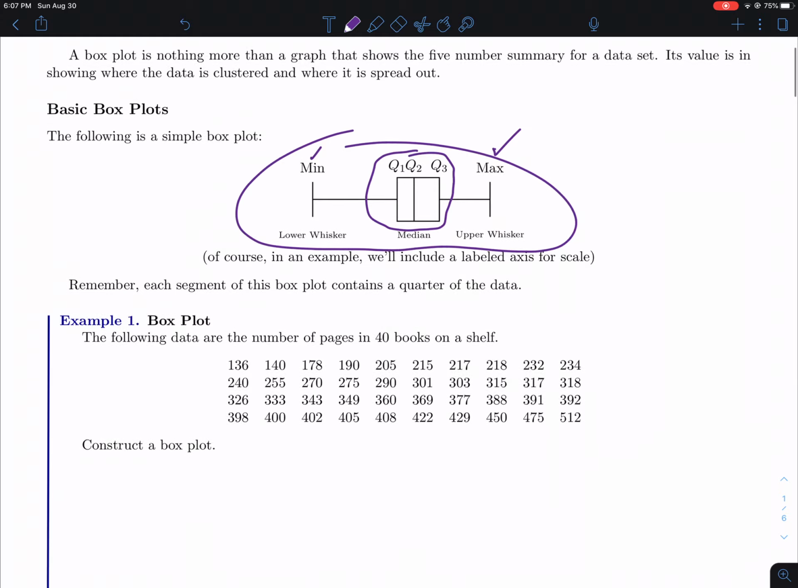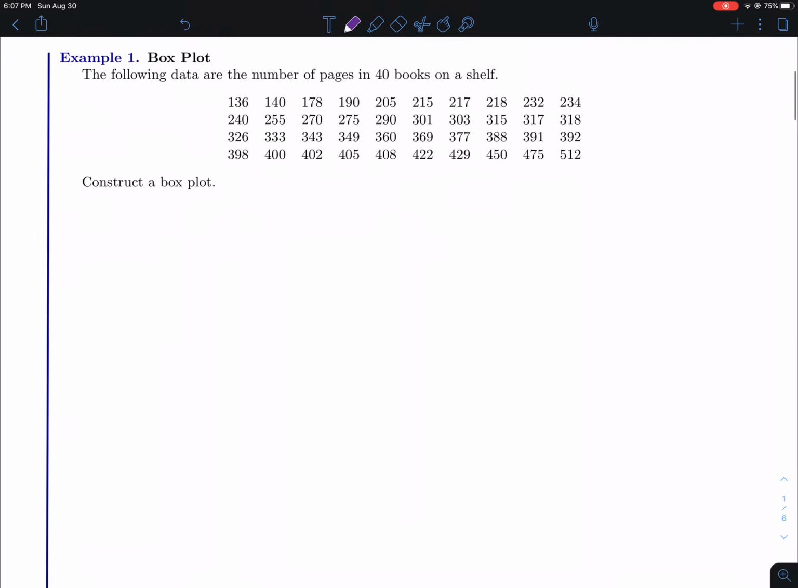All right, so let me show you an example of a box plot here. In this case, we've got 40 books that are on a bookshelf, and what we want to do is construct a box plot. Before we can do anything, the first thing we need to do is the five number summary. Before you can actually make a box plot, you have to have a five number summary. So find